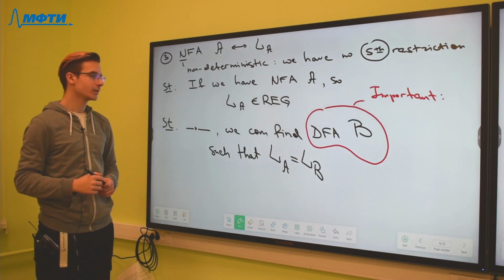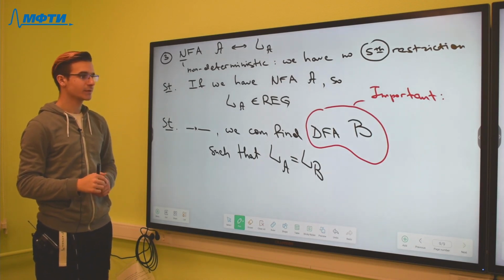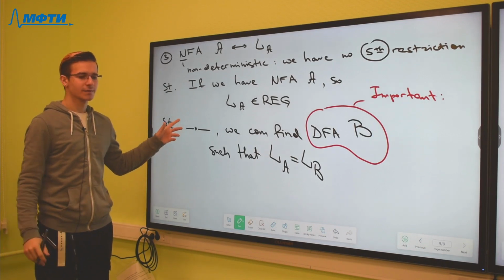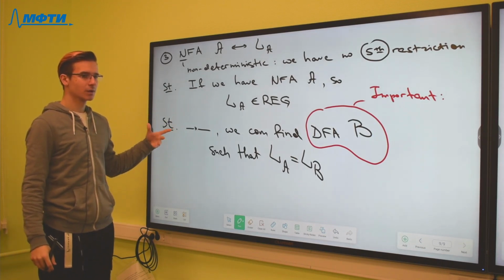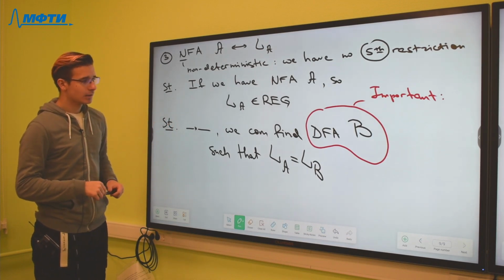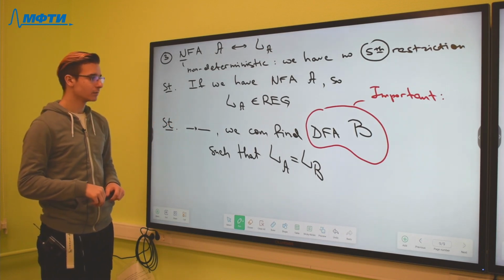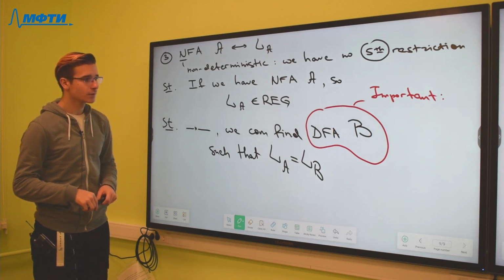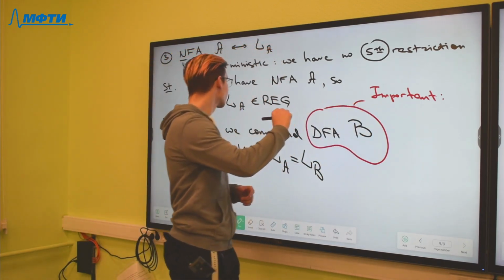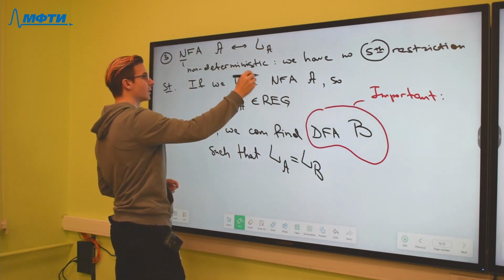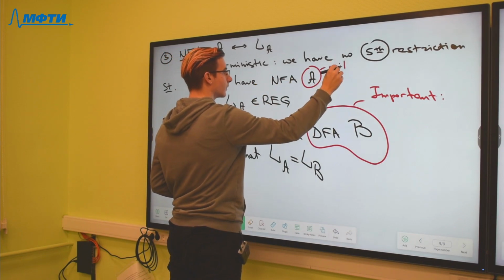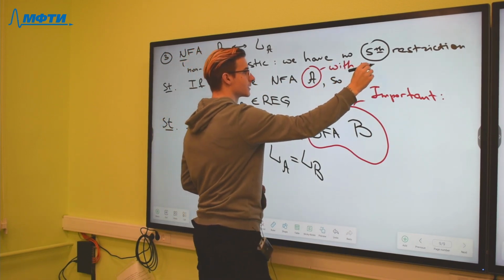It is very usual for finite automatons that if we try to determinize some automaton that is not deterministic initially, we get a graph with an exponential number of vertices. So if we have an NFA here with n states,